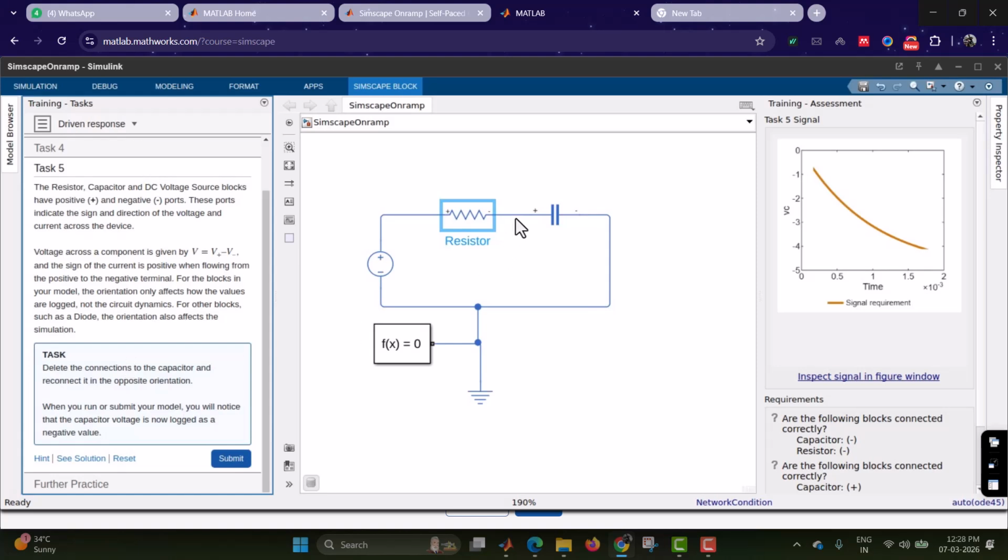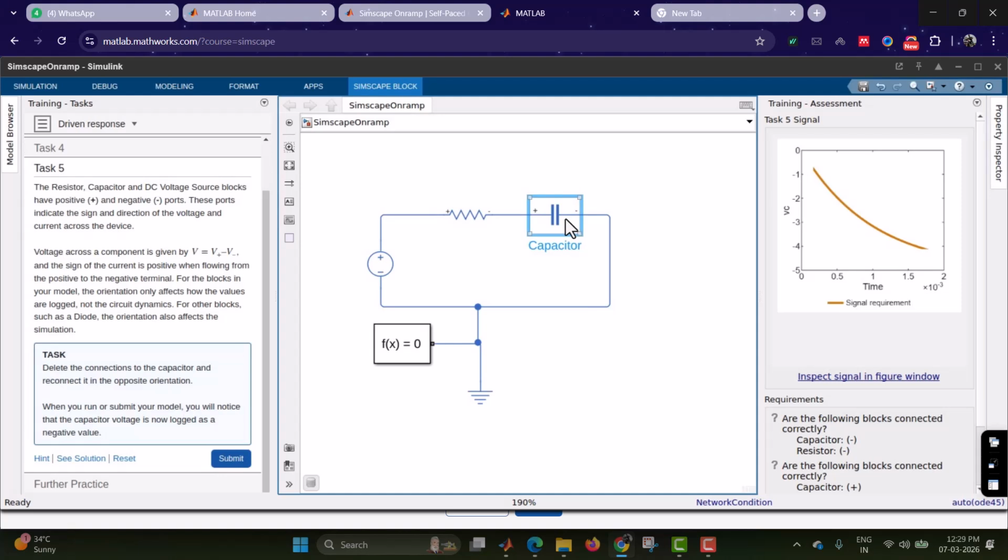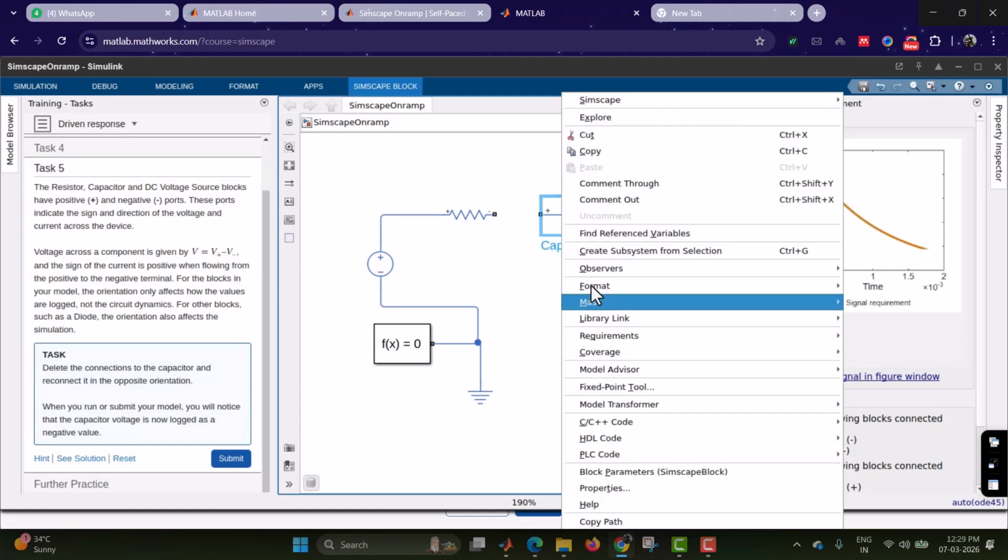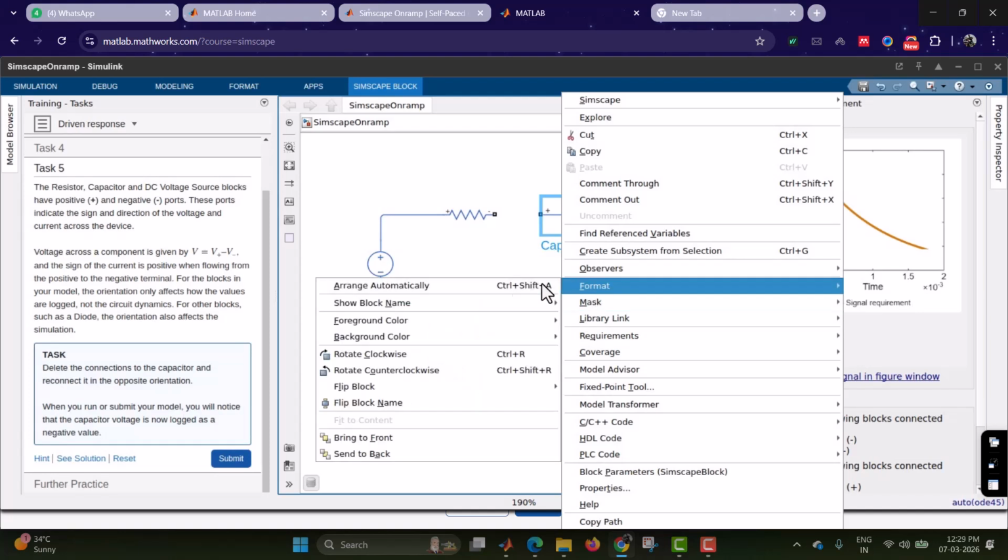Delete the connection to the capacitor and reconnect it in the opposite direction. This is the task. That is, you have to connect. Now the resistor's negative is connected to the capacitor positive. We have to connect resistor negative to the capacitor negative. Therefore I have to delete this connection and I can rotate by right click on this particular element and format,